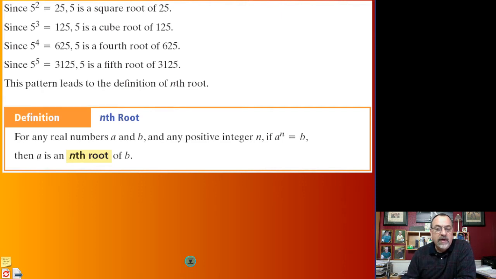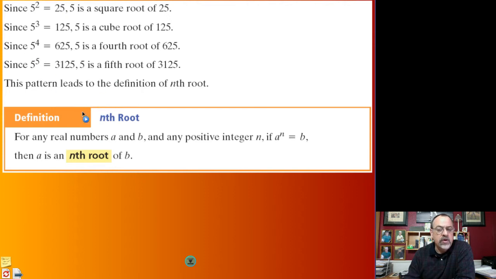Roots we've talked a lot about, primarily talking about square roots. We talked about the square root of 25 is 5 because we can multiply 5 by itself and get 25. However, if we take the number 5 and multiply it by itself 3 times, we get 125. So we can undo that by taking the cube root. Or if we raise 5 to the 4th power, getting 625, we can undo that by taking the 4th root, and the 5th root and the 6th root, etc., etc. So pretty much we can take any root or the root of any number that we want